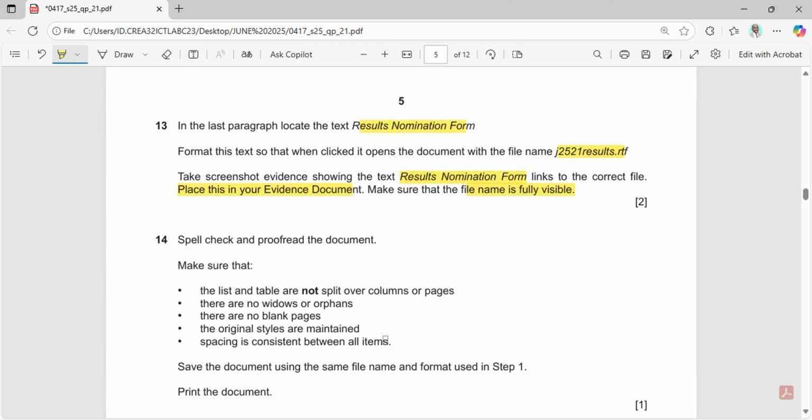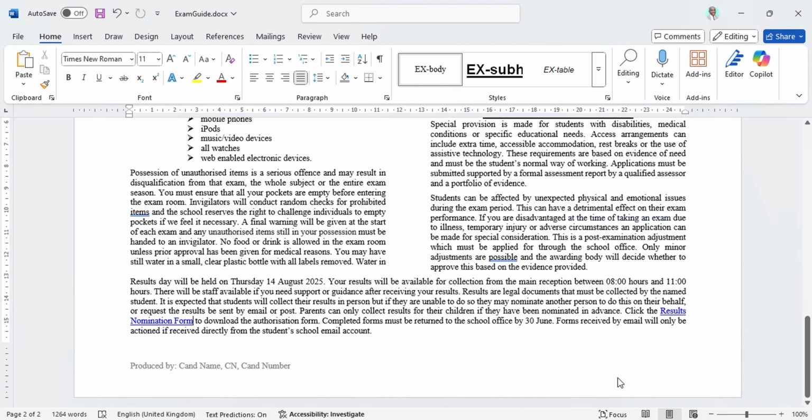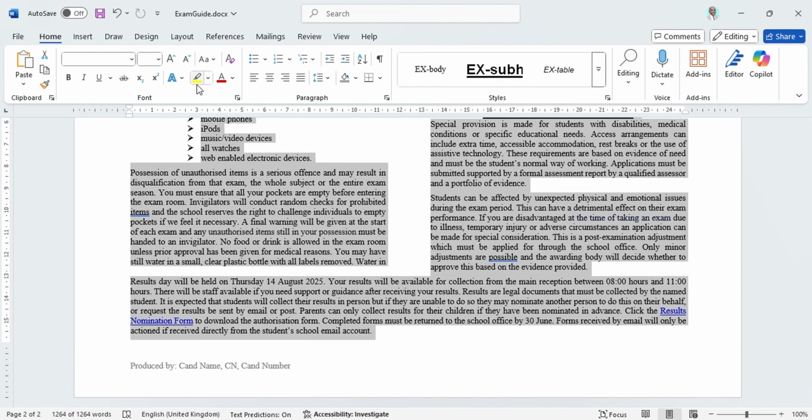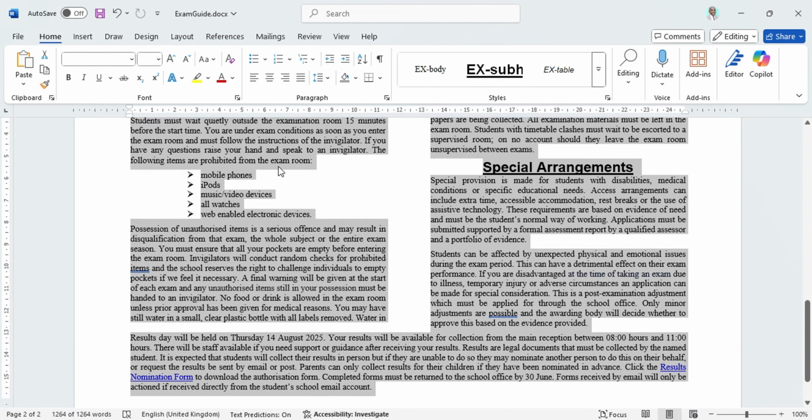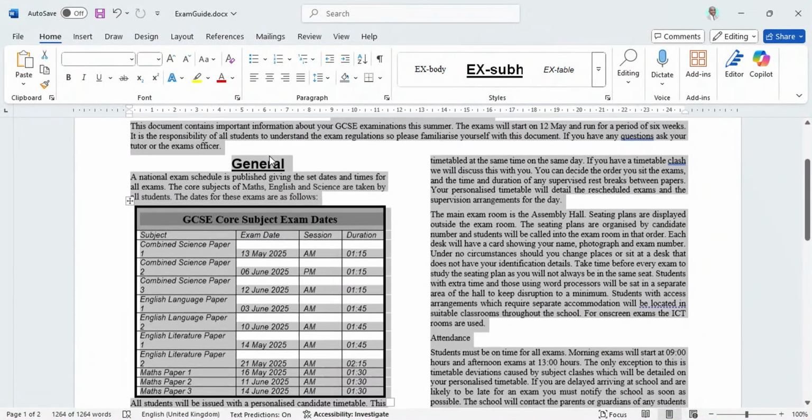Then the next one is, spell check and proofread the document. Make sure that the list and table are not split over columns or pages. There are no widows or orphans. There are no blank pages. The original styles are maintained. Spacing is consistent between all items. So what I will do is go back to the document and check. I can select all, Ctrl A. Then I try to set the paragraphing. So let me start from the beginning. When you scroll up, you see if you have